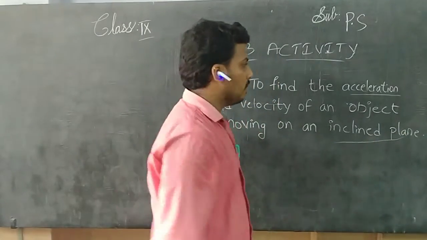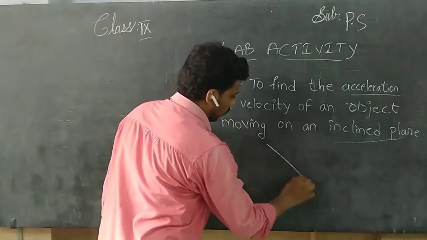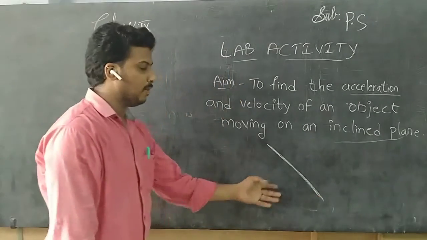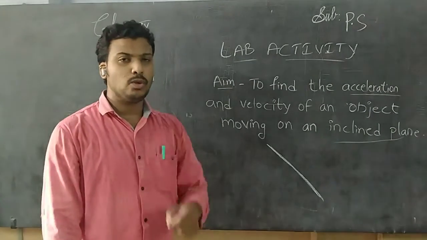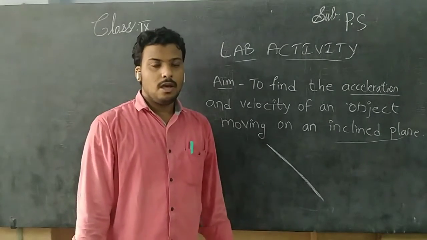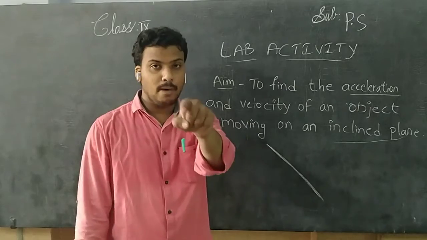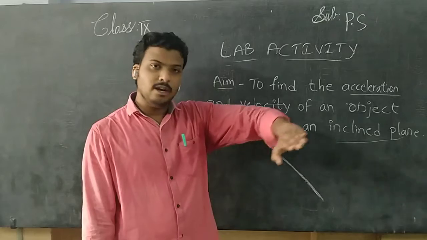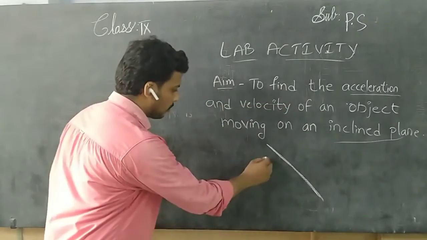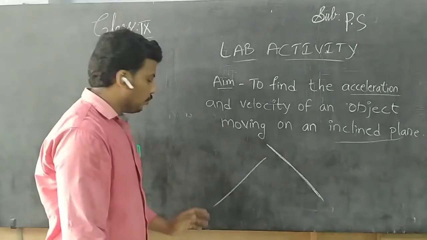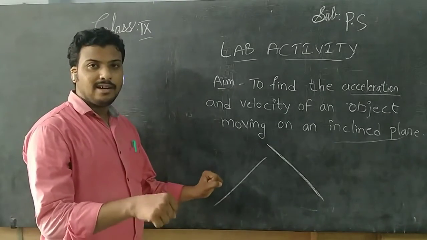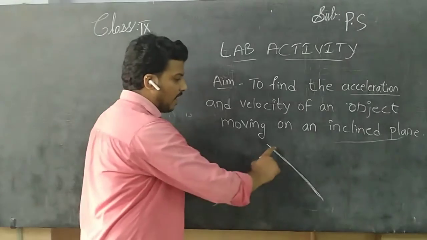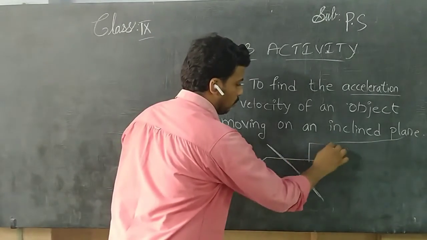Inclined plane means what? The plane should be a slope. The plane should be like this slope. This is nothing but an inclined plane. I think many times you have seen these inclined planes. If you want to get your bike or car into your house, then you will make an inclined plane platform to your house. So you can easily accelerate the bike, go on the inclined plane and enter into the house like this. This was a house.